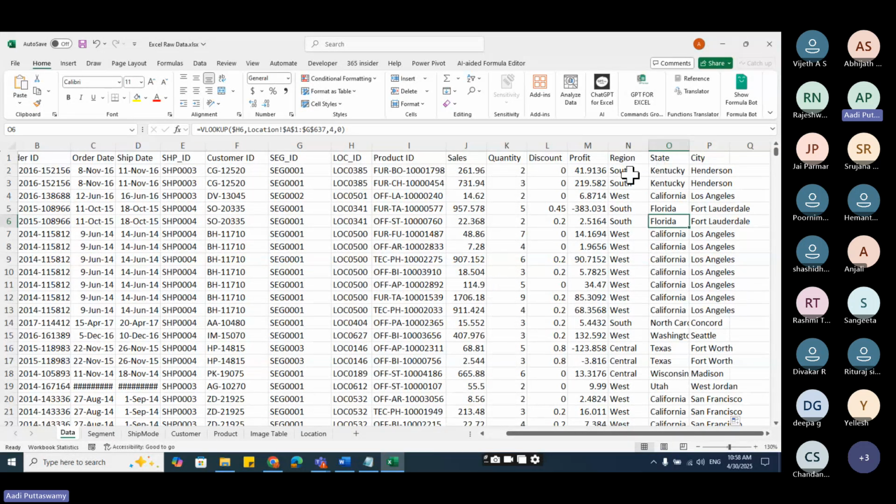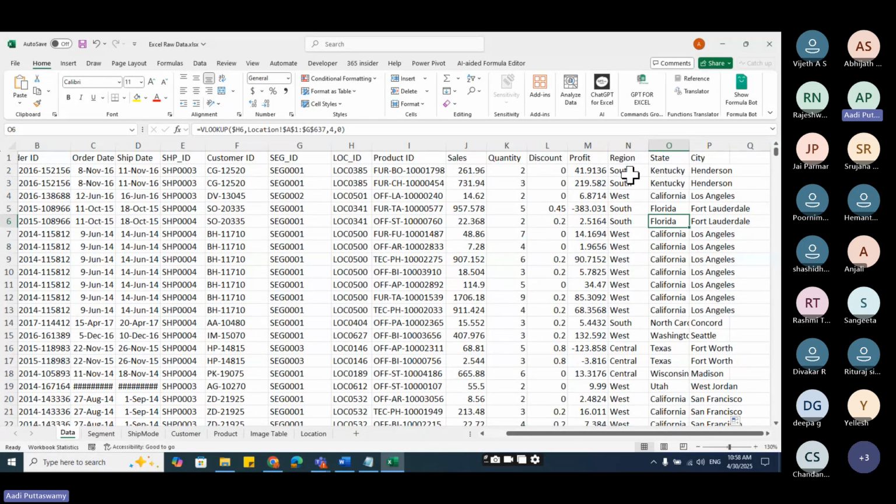So I used a formula called VLOOKUP, and then I got it. Similarly, I can use XLOOKUP also. Since I told you that I'm not here to teach you about Excel or Power BI, I'm here to just show you how we can analyze the data and what skills you need for entering into data analytics. So don't worry if you're not able to understand; just understand the concepts enough.